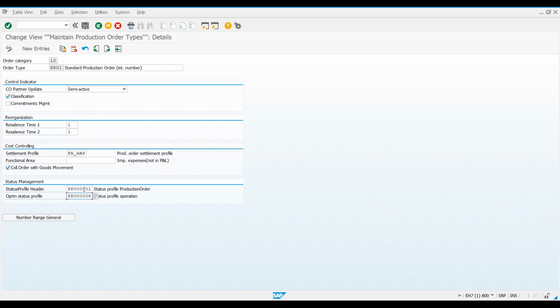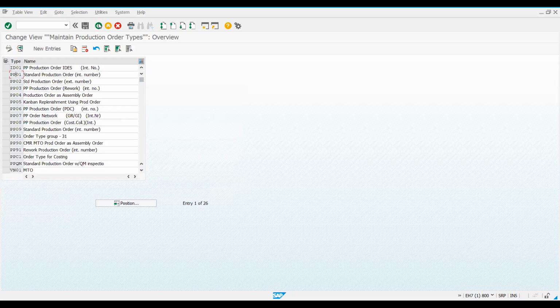This is for order status: created, released, confirmation, confirmed, partially confirmed, not confirmed, closed. Like this you can see the status at order level. These are the CO partner settings, if you want to activate, you can activate. This is the standard order type SAP has given, PP01, you can remember. You can say in case of a process order,